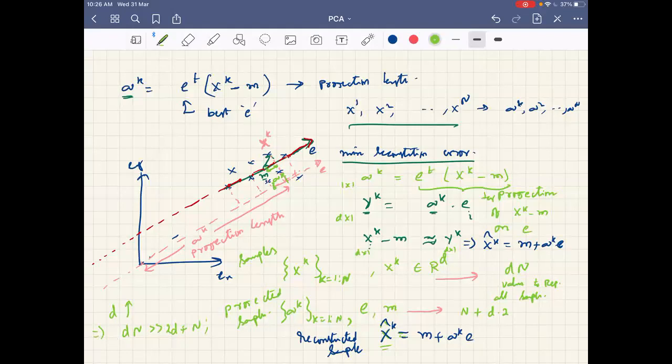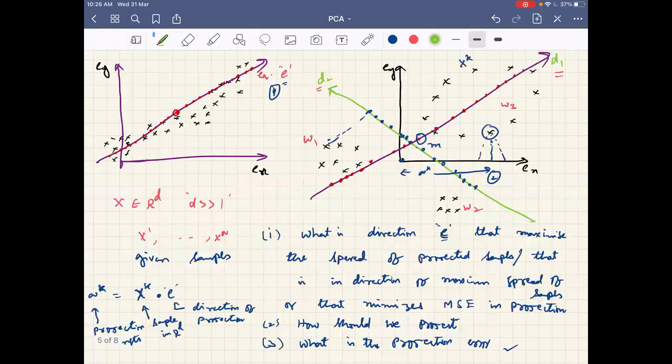But if I don't do perpendicular projection, there are different possibilities for a sample. Say if this is the sample, it can be projected in different ways. Intuitively we know and have been using that projection means only perpendicular. But we also want to show mathematically that perpendicular projection is the ideal projection, and then we can confine to this.